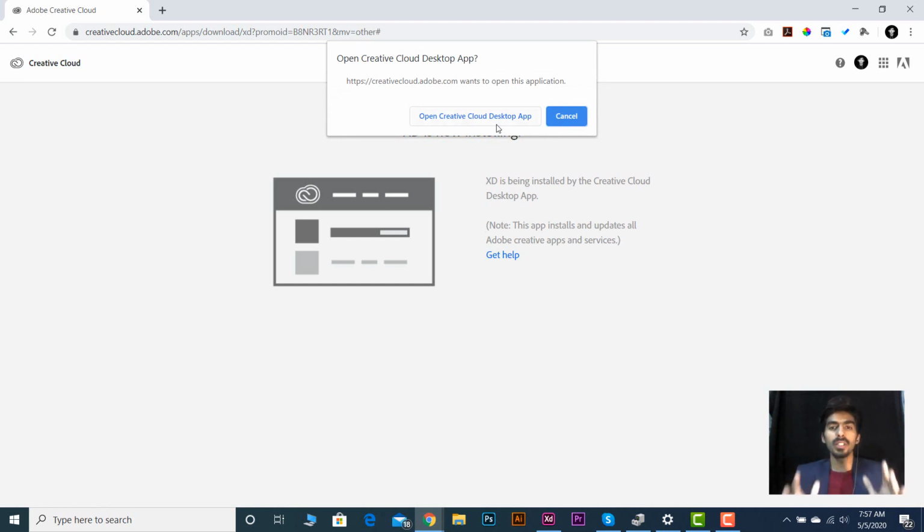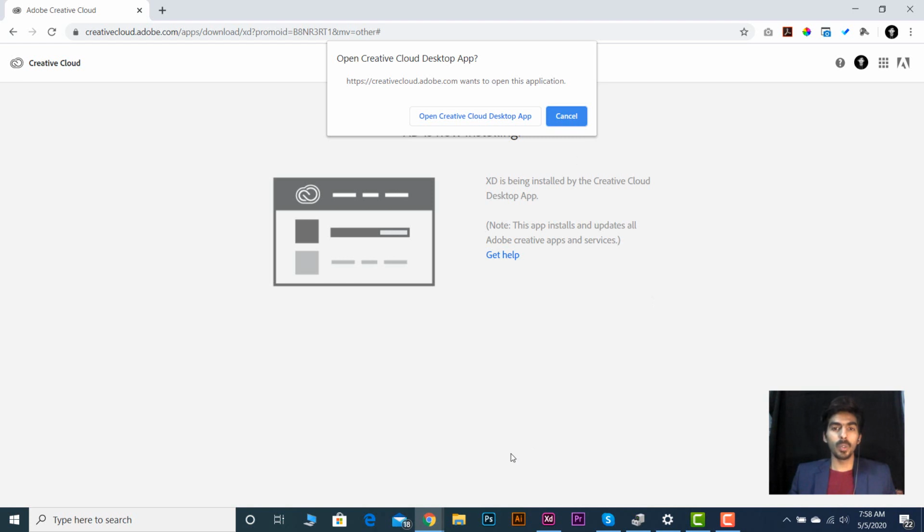If you want to download and install Adobe products on your system, you have to install the Creative Cloud desktop app, which holds all the Adobe applications on your system. I already have Adobe XD, so I don't want to install it again. You just have to follow these steps and you will install the Adobe XD free plan. With this free plan, you can have access to all the design material and prototype functionality, etc.